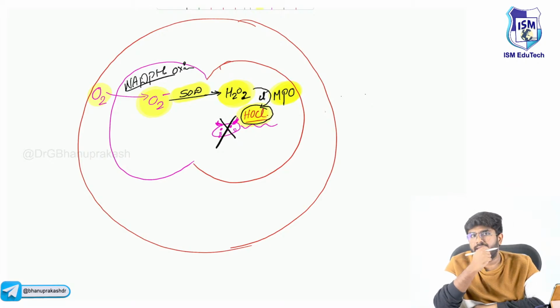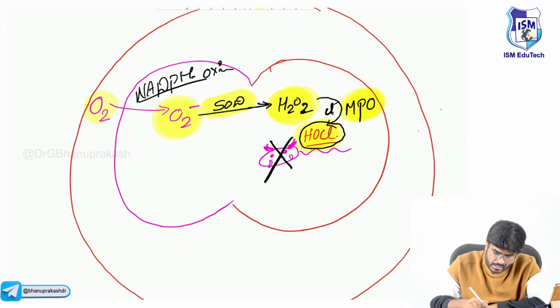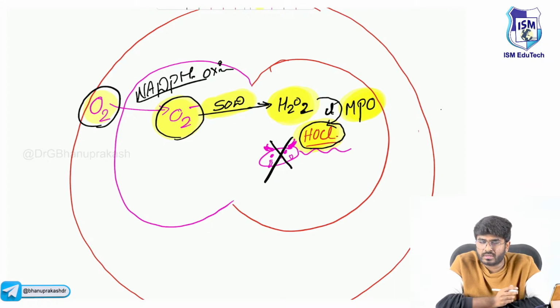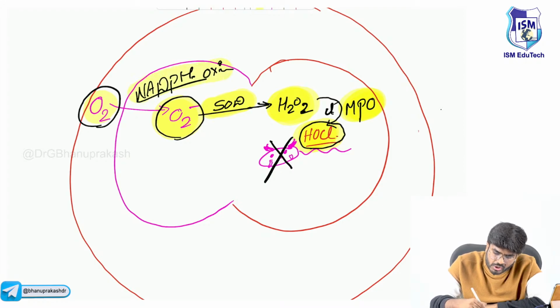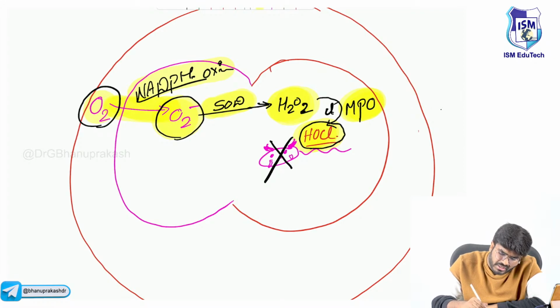One integration here, which you need to know for your exam. What is the first step in the oxygen dependent killing? Conversion of oxygen to free radical, that's O2 minus, superoxide ion. This step is mediated by NADPH oxidase. This step is called respiratory burst or oxygen burst. Now, if there is a deficiency of this enzyme, NADPH oxidase deficiency,